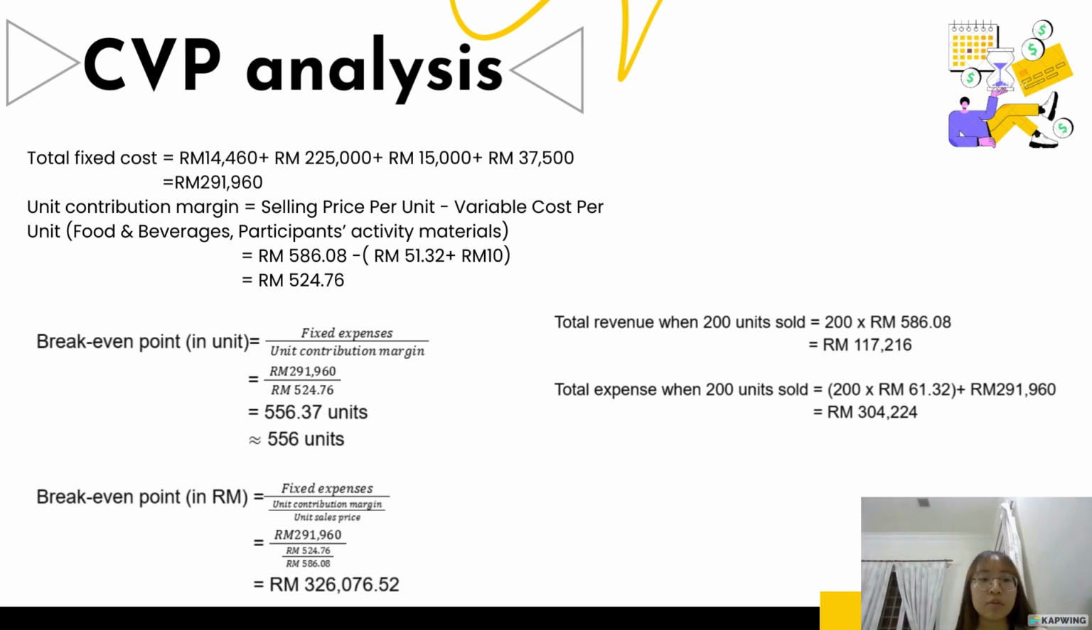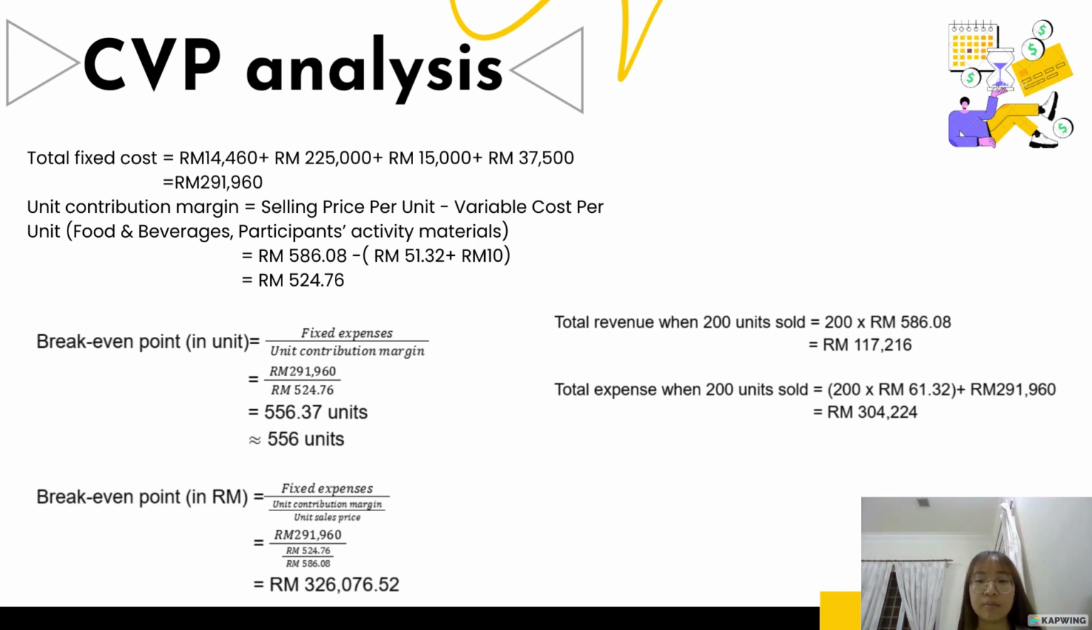Before we draw the cost-volume-profit graph to present the break-even point, we must calculate the total fixed cost, which is 291,960, and the unit contribution margin, which is 524.76 ringgit Malaysia. And we must find the break-even point, which is 556 in units and